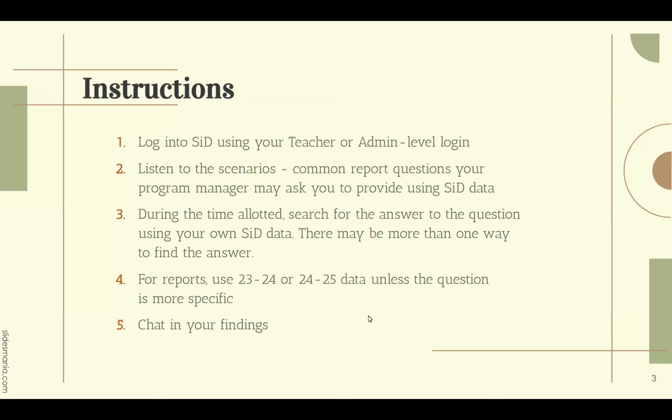For most reports that I'll ask, I'll try to clarify when I ask the question. You're probably going to want to use the date range for the program year 23-24 because that year is done and has all kinds of hours and student information in it. The current year 24-25, there might be some questions that would be relevant, but since it only started on July 1st, there's probably not going to be a lot of data in there. And I think we have a DL question. You might not even have any DL hours in your system yet for 24-25 since it just started in January. So we'll talk through some of that. And then we'll have you hopefully chat in some of your findings.